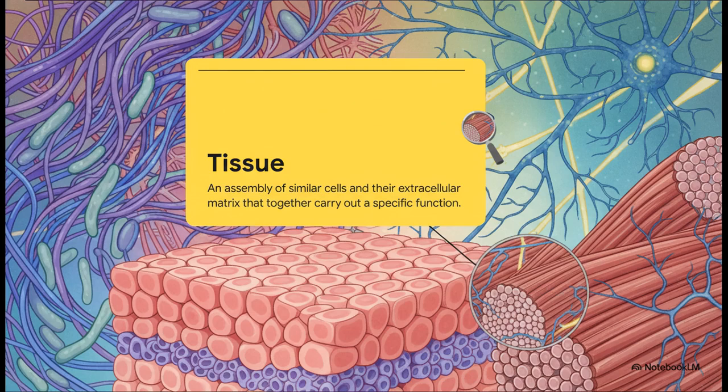This is the very first and maybe the most critical level of organization. Tissues are basically communities of similar cells that all work together to perform a specific job, forming the fabric of our bodies. And you know, the term tissue is perfect. It comes from an old French word, tissu, which means to weave. And that's exactly what they do. They weave our cells together.